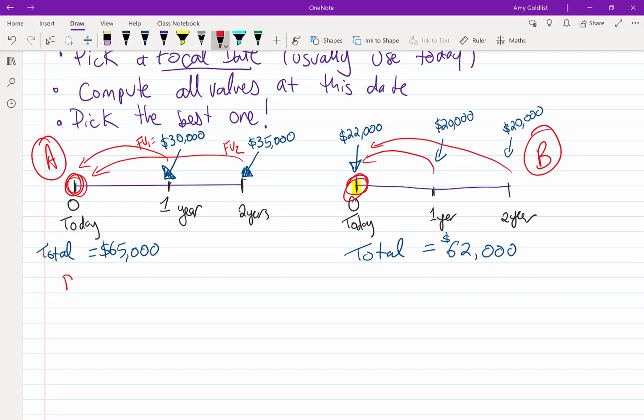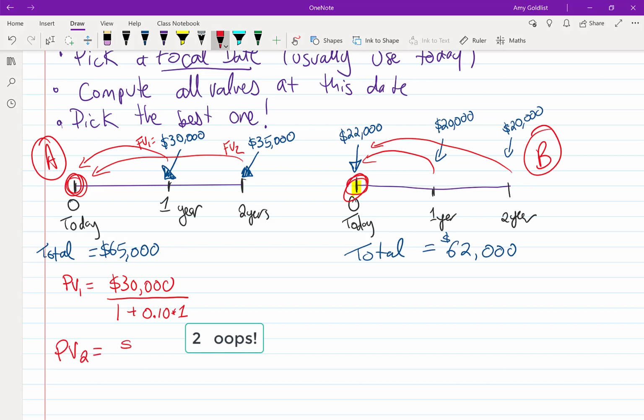Present value 1 is $30,000 going backwards 1 year at simple interest, and that was 10% interest. Present value 2 is $35,000 over 1 plus